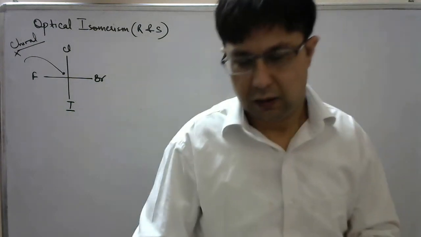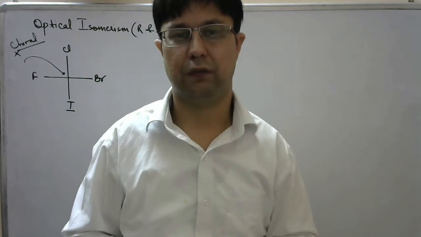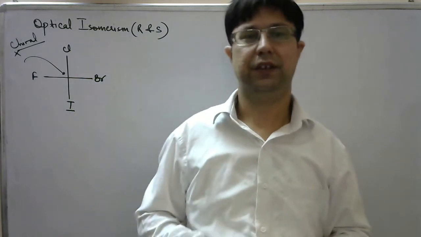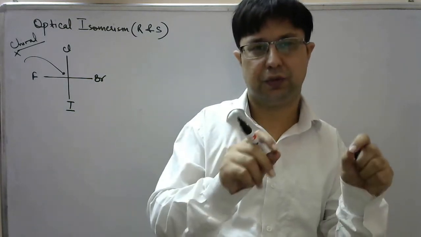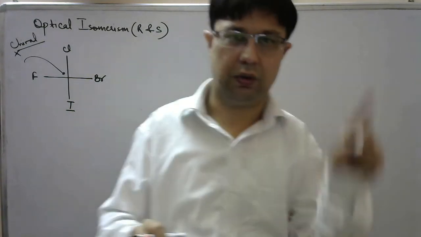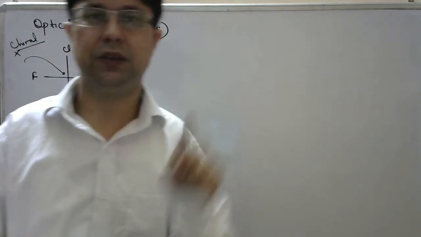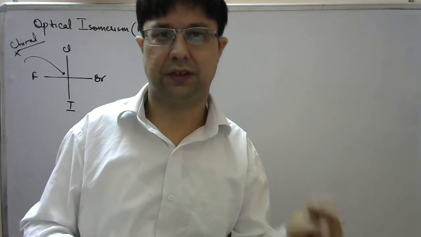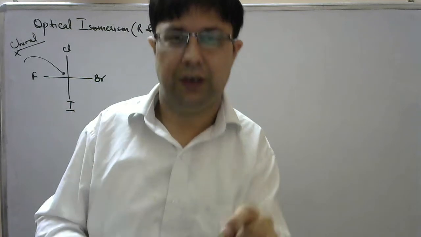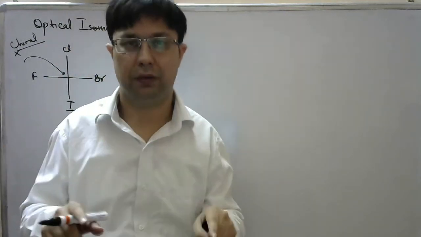Is it clear? हम कुछ स्टेप्स डिस्कस करेंगे कि हम किस तरह से R और S कॉन्फ़िगरेशन को डिफाइन करते हैं, जिसमें पहला स्टेप जो है, whatever the groups or atoms that are bonded to the chiral carbon, we assign the priority to all the groups. The priority is decided on the basis of the sequence rules, which we also discussed in case of geometrical isomerism. The first point in the sequence rule was that the priority is decided on the basis of atomic number.